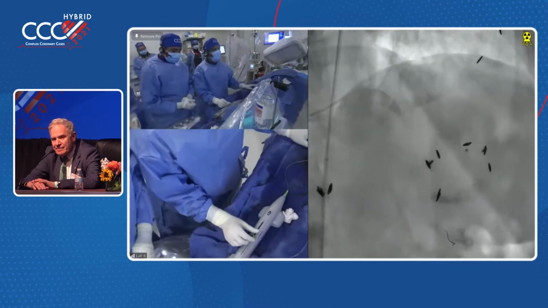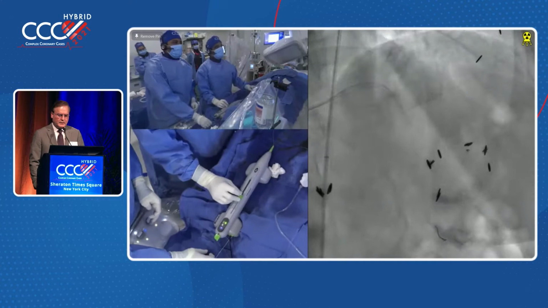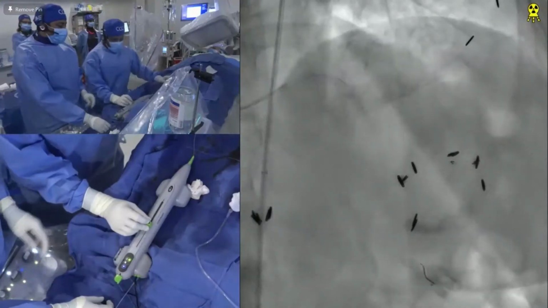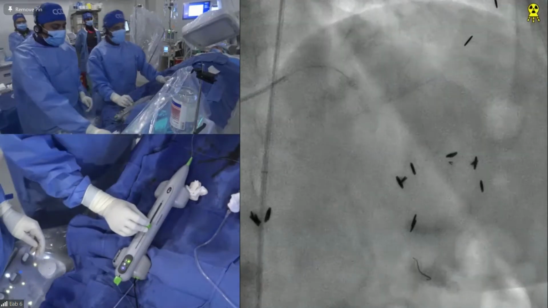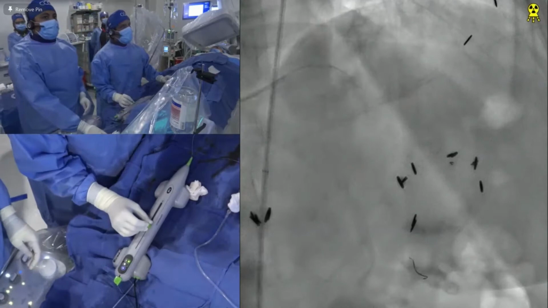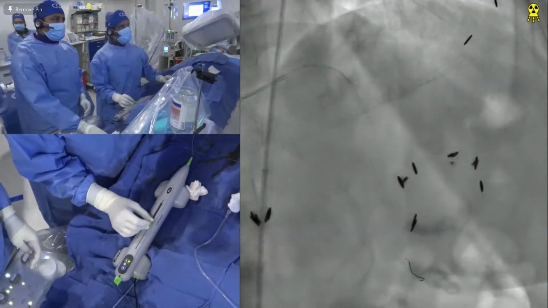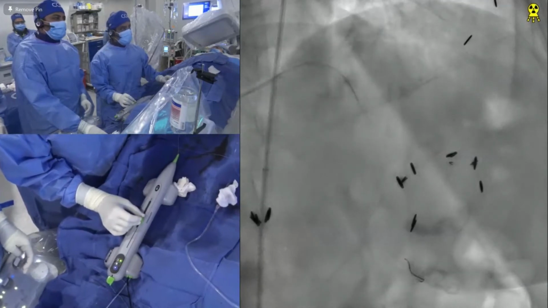What is the smallest size for the lithotripsy, Dr. Sharma? Do you know? It's 2.5, then 3.0, 3.5, and 4.0. So because of concentric calcium, we are starting here with very slow advancement, 1 millimeter per second, and you do ablation both proximal and distal.